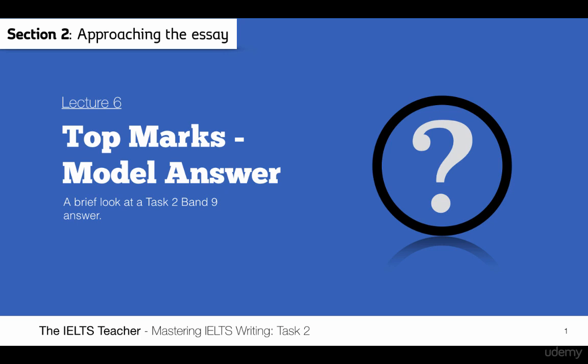Of course, you are probably not aiming to achieve a Band 9 in your writing. You might be, but you're probably not. But regardless, it still can be very useful to have a look at what is involved in a Band 9 answer so that you can have a better understanding of what the examiners are looking for from a good piece of writing. So instead of looking at slides today, we're going to look at a document and we're going to go through it piece by piece to learn why the essay succeeds and scores a Band 9.